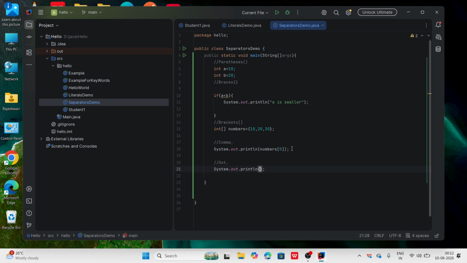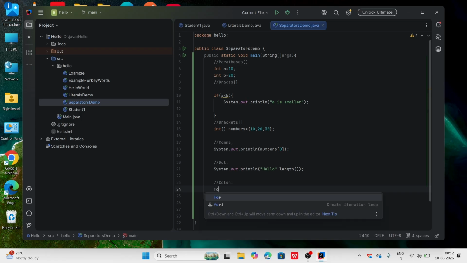You already know. I'm directly writing here hello dot. I'm using length, guys. Length. Okay, I'm using length, which is a method, so by that you will get the length. And after that I'm writing colon, guys. So for writing colon I'm taking a for loop, for int